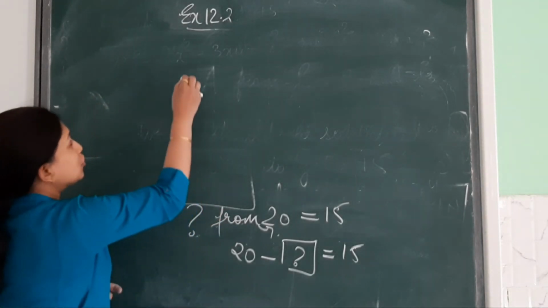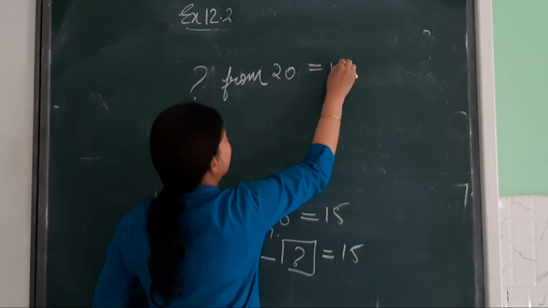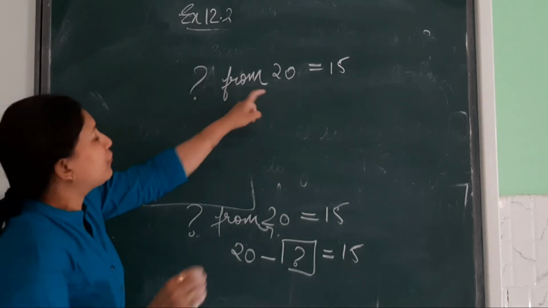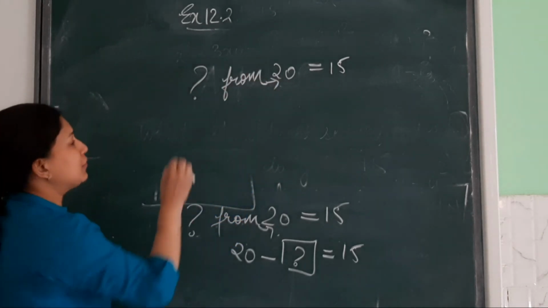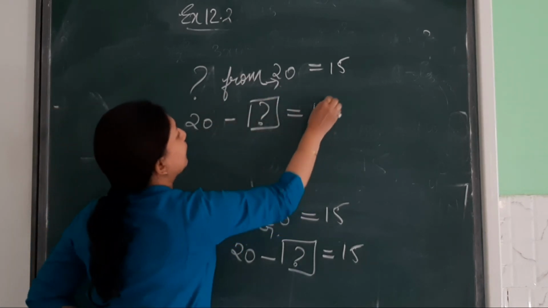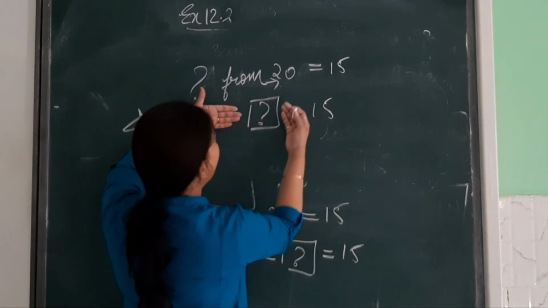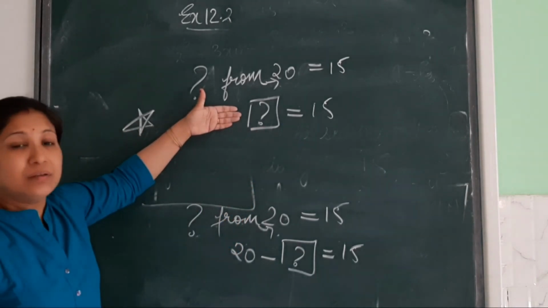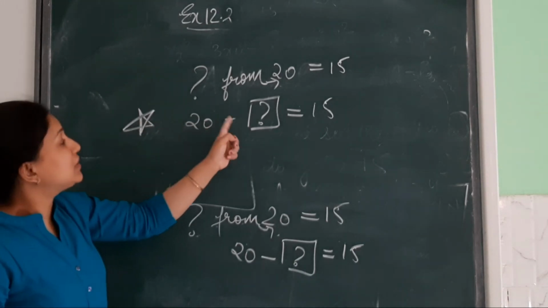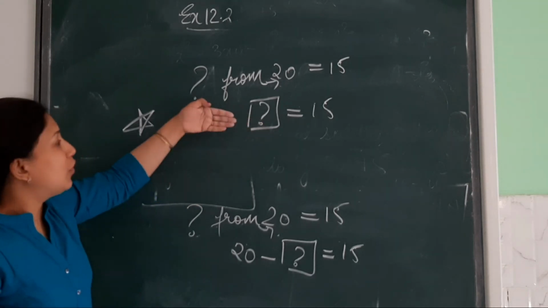Please try to understand. So we understood what should be subtracted from 20 if I want to get, take for example, 15. This much you have understood. So what should be subtracted from? So 20 will come in first place. So 20 from means minus. What should I subtract? That I have to find out. Now check here. I want the value of only what should be subtracted. But with this, what is there? 20. Yes or no? And this is minus. We don't want minus of this. We want only this. So what will you do, children?